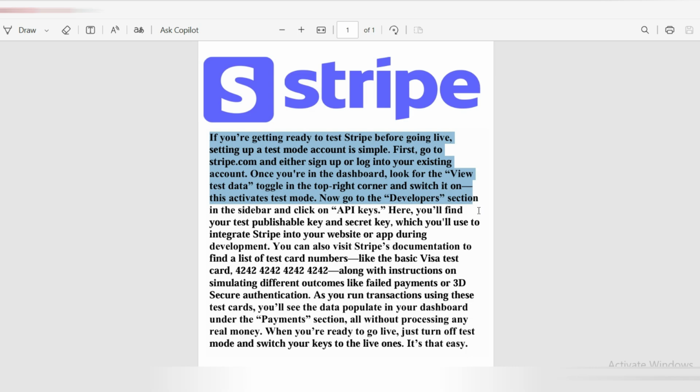Now go to the Developers section in the sidebar and click on API Keys. Here you'll find your test publishable key and secret key, which you'll use to integrate Stripe into your website or app during development. You can also visit Stripe's documentation to find a list of test card numbers like the basic